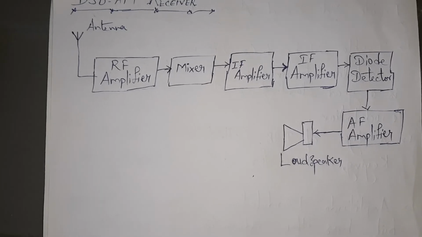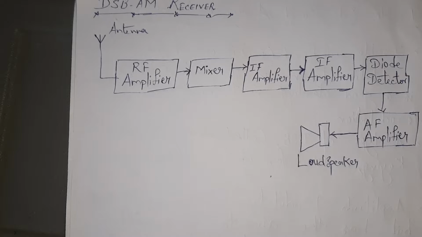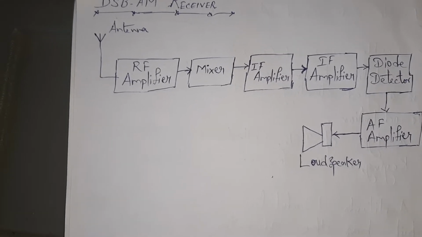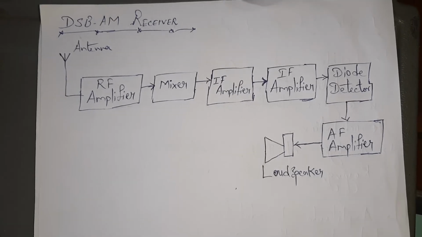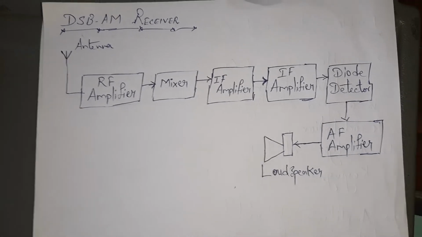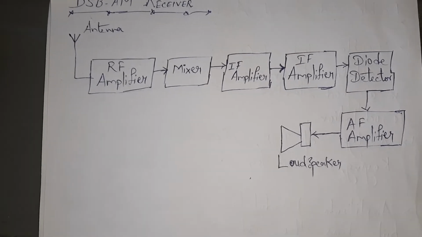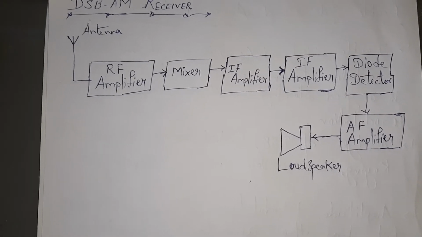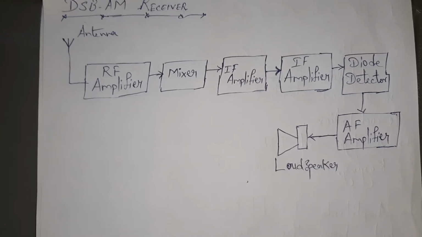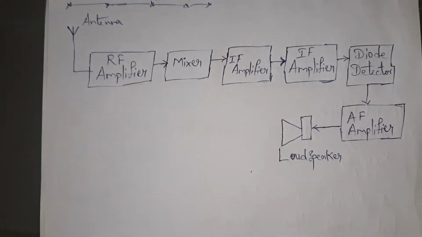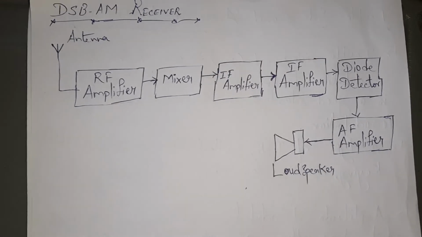Background noise is particularly noticeable if the receiver is tuned between stations or if a weak station is being received. At the same time, the RF amplifier is the first stage of amplification. It has to amplify the incoming signal above the level of the internally generated noise, and also start the process of selecting the wanted station and rejecting the unwanted ones. This is one specification for the RF amplifier.